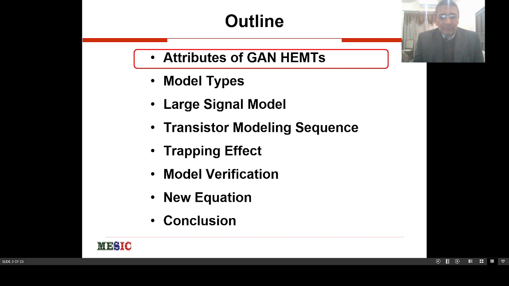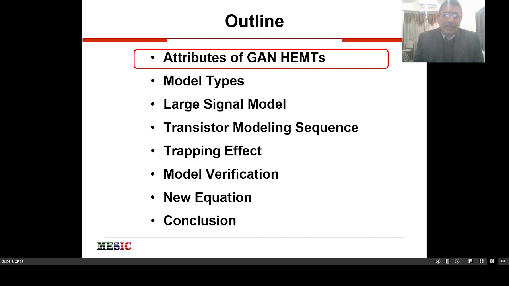Afterwards, I'm going to talk about model verification. How can we verify the transistor model? Normally we use a power amplifier for gallium nitride, because gallium nitride is famous for high power. For indium phosphide, it's known as an amplifier. And in the last part, I'm going to talk about the new drain equation, which is derived because